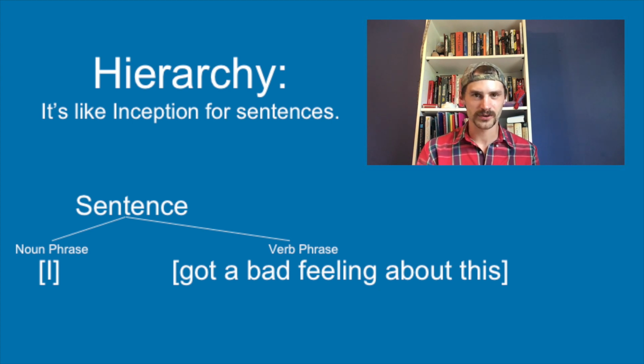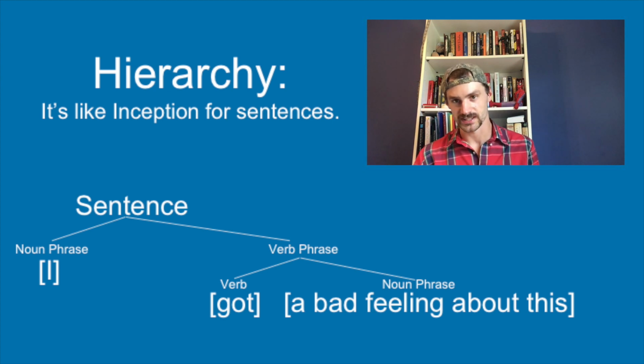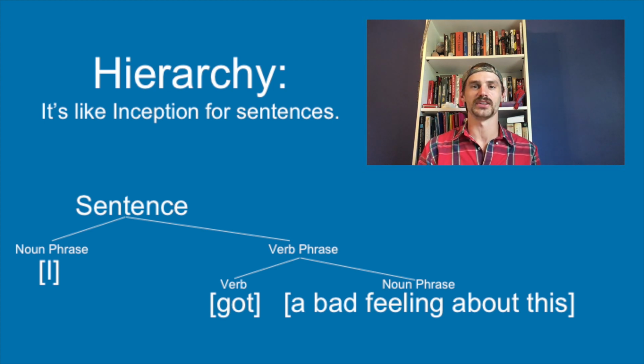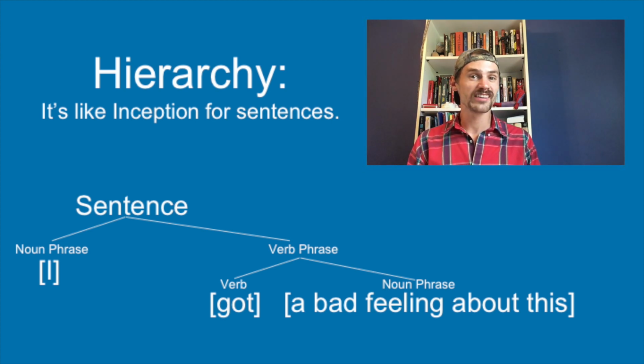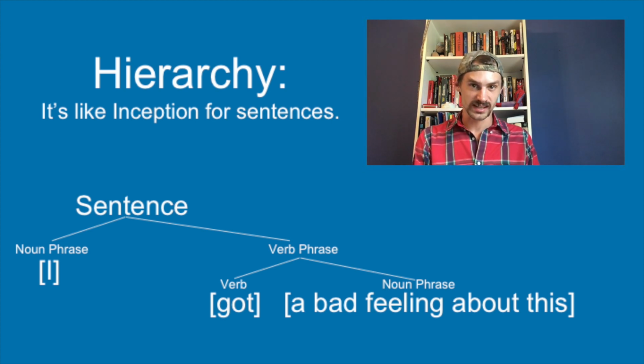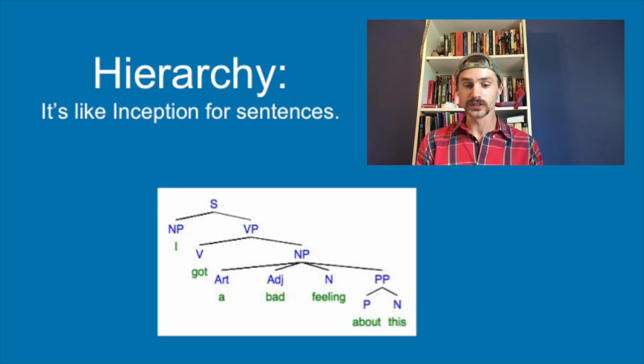Now let's go a little deeper into the hierarchy. Here we see that our verb phrase is subdivided into a verb and another noun phrase, which is one of only a few ways that you can construct a verb phrase in English, and all transitive verbs require that you have at least these two components. And now we're one level deeper than we were at the previous level of analysis, and if you keep going, your sentence is eventually going to look like this. Now you can really see all the different levels of depth within the sentence.